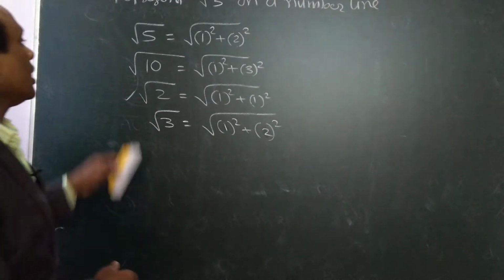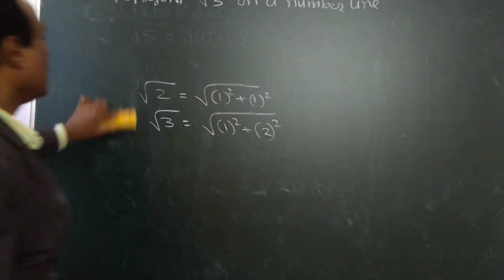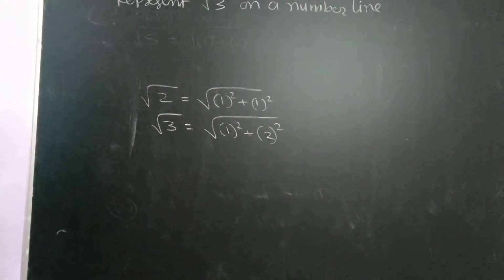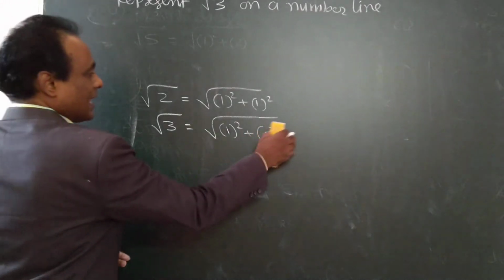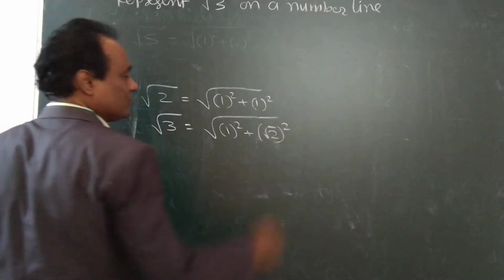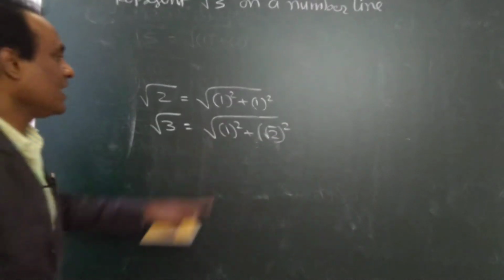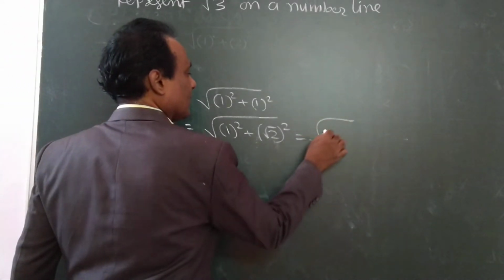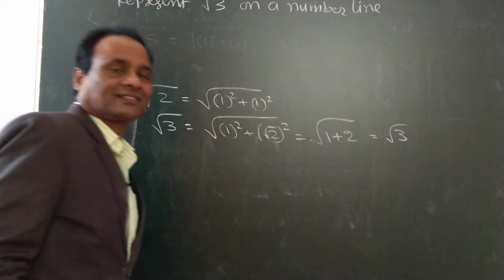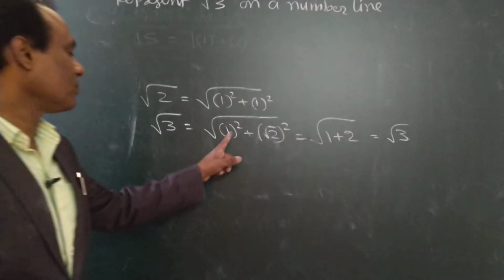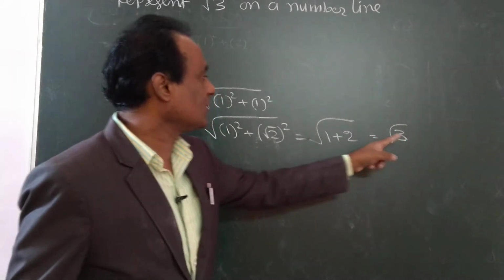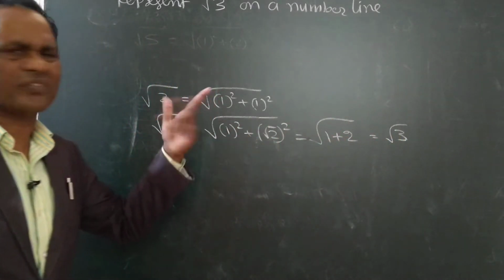So therefore, first I will explain for root 2. Already we did yesterday, and after doing for root 2, then we can find root 3, because root 3 can be done like this. Root 3 can be done as 1 square plus root 2 whole square. What is 1 square? 1. Root 2 whole square is 2. Total will become root 3. 1 plus root 2 whole square, square root cancel, 2. 2 plus 1 square is 1, total 3. Root 3 can be done like this only, no other way.